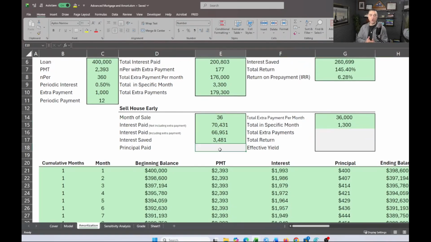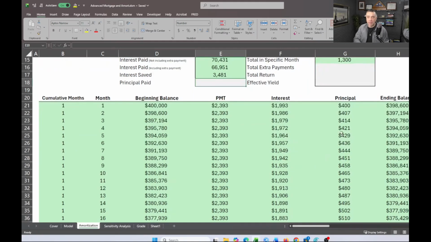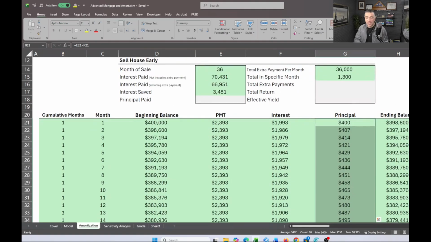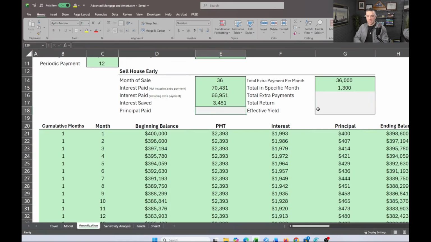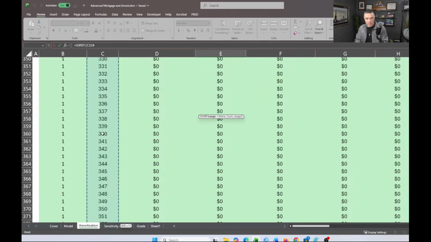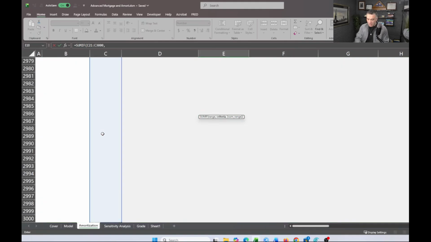All right, next we want to do is, well, what is the total principal paid? So I want to know, what is the total principal we paid? Well, the total principal paid is our amortization principal, right? Plus the extra payment here. So what we're going to do is, and this is dynamic where it's automatically calculating if it's within that 36 months, I'm going to go equals, and we're going to do another SUMIF function. And I'm going to sum up, I'm going to do the same thing, I'm going to sum up all the way down, and then we're going to say less than or equal to,